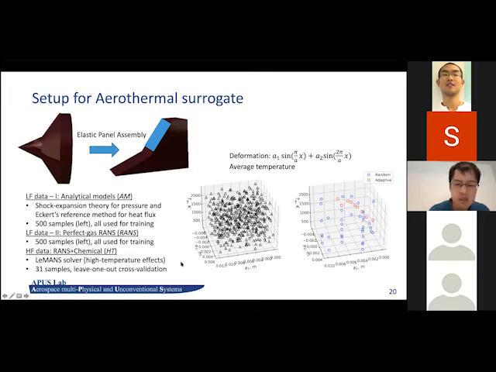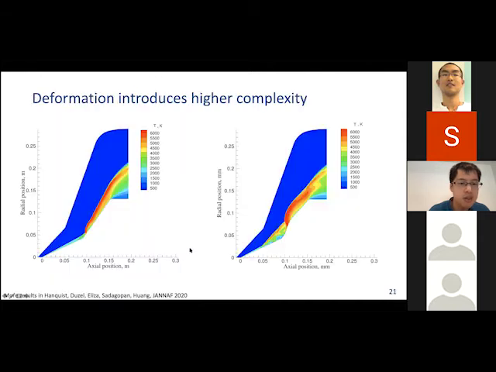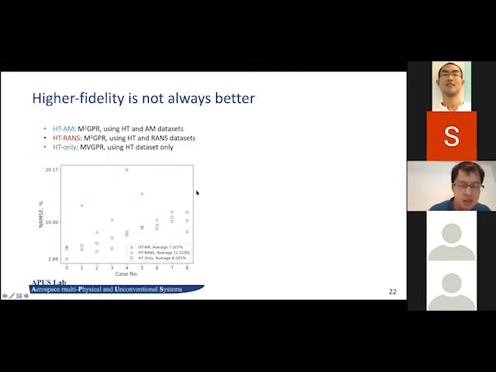Before we go to the results, I'll show a little bit of what would happen if we include the surface deformation in the high-speed flow field. It adds even more complexity to the already complex flow field, where you can see the choking of the flow and some separation over the turning point. These are for sure really hard to resolve accurately. Now coming back to our surrogate modeling,